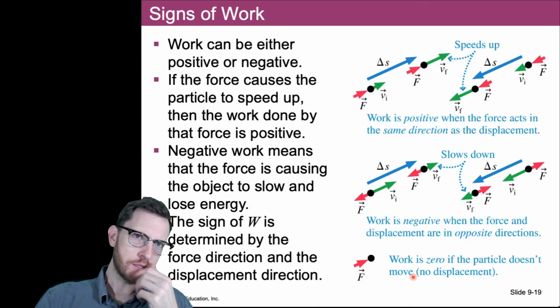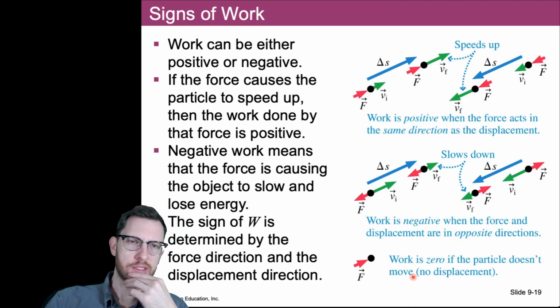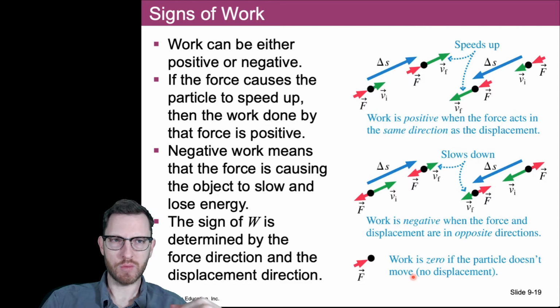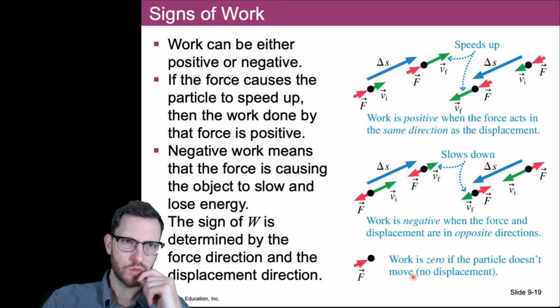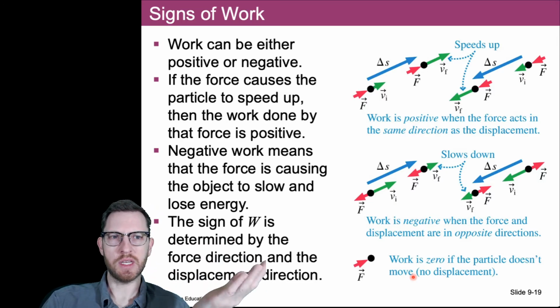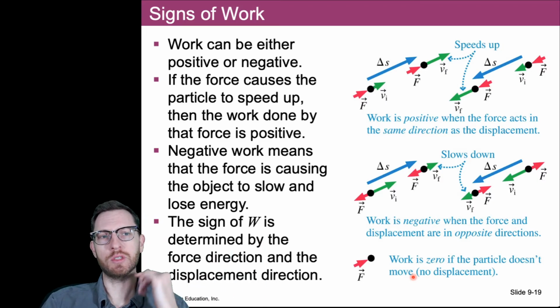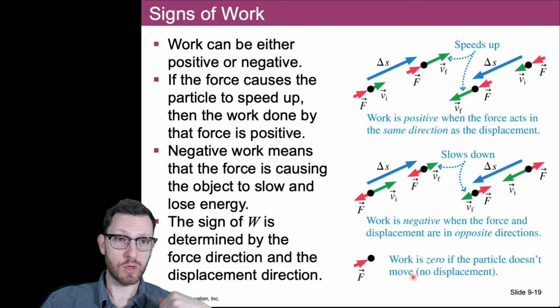Now work has a sign associated with it. It can be either positive or negative. Remember, positive work is increasing my system energy. Negative work is taking energy away from the system. Okay. So if the force causes the particle to speed up, then we say the work is done right. The particle speeding up is gaining kinetic energy. It's boosting up the system energy. Negative work is going to slow the single particle down because that's going to remove the kinetic energy from the system. The sign of the work then can be determined by the force direction compared to the displacement of the